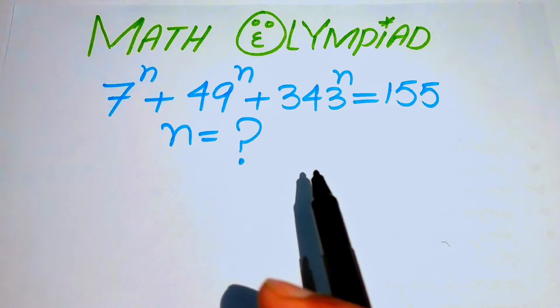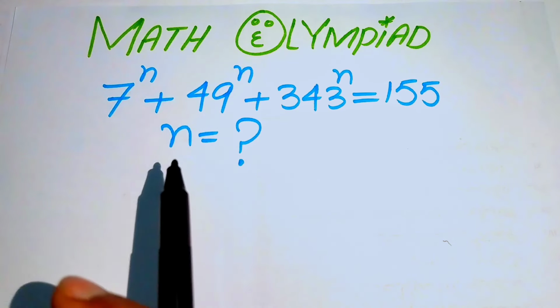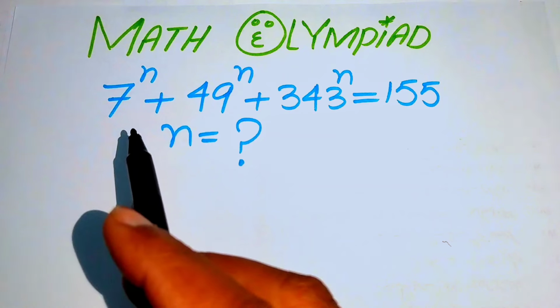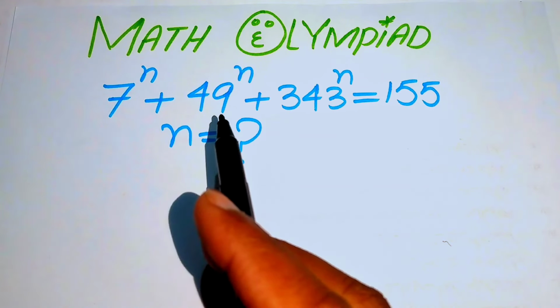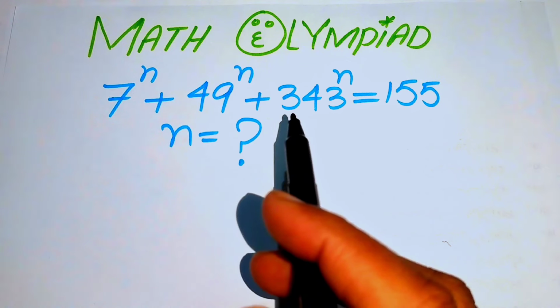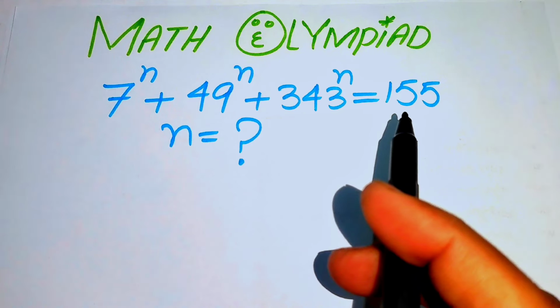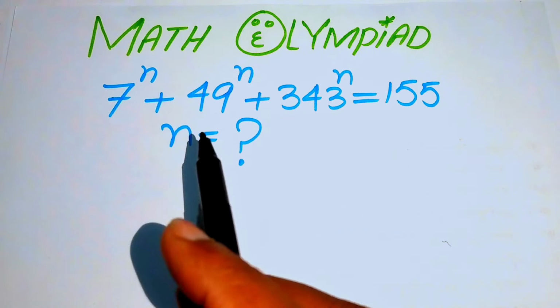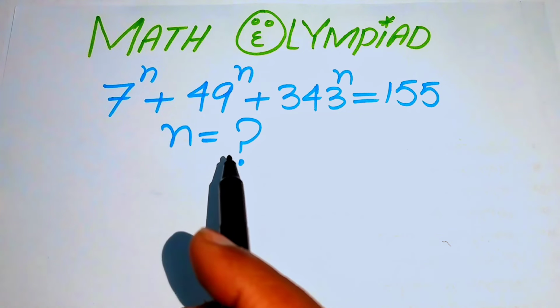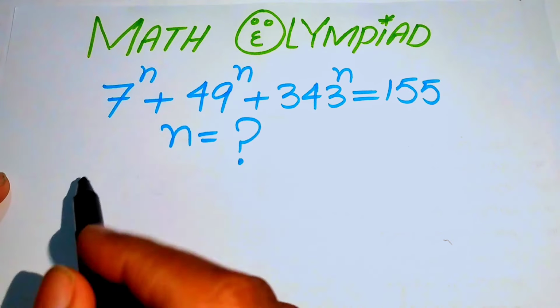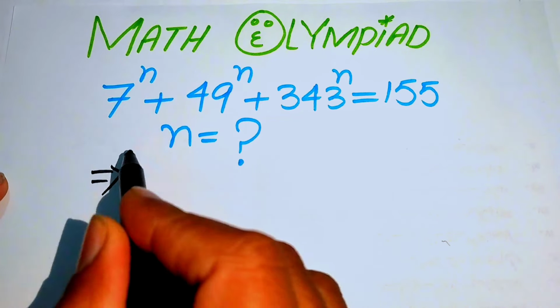In this video we are going to solve this nice math Olympiad algebraic challenge, and here we have 7 to the power of n plus 49 to the power of n plus 343 to the power of n equals 155. So here we solve this problem for the values of n. The very first thing we are going to do is rewrite the given equation as